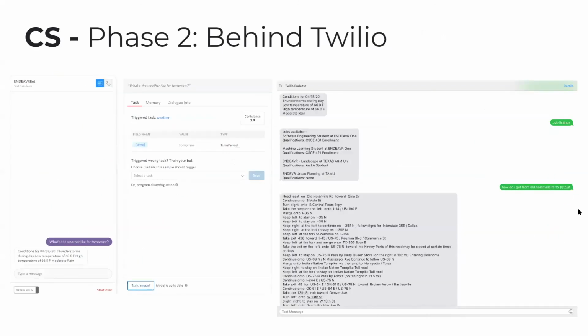So the picture on the left is a screenshot of a text simulator of our model. And this text simulator is a feature provided by Twilio Autopilot that allows for faster testing. For each query you input into the simulator, it provides you with the model's prediction of the question's category and its confidence level. And on the right is a screenshot of what the text messaging service will look like. So Nolanville residents will send their queries as text messages to an accessible phone number, and a response will be returned for each question. Next slide.